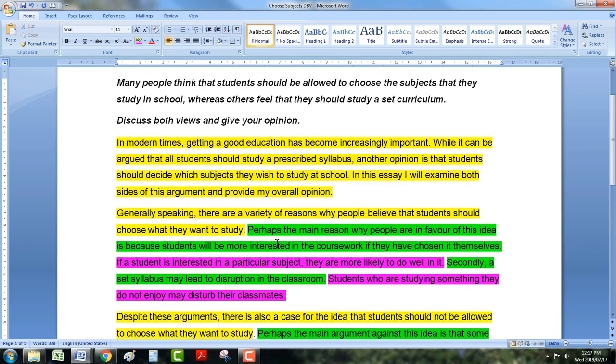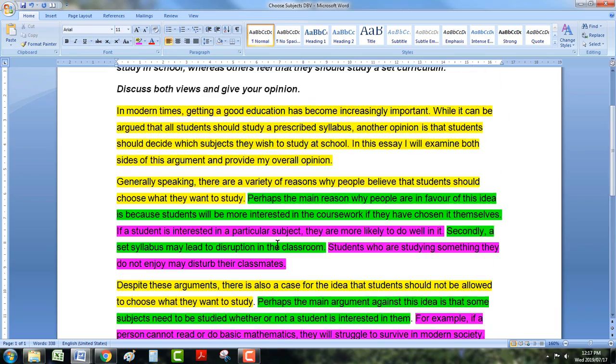So yes, look, I know that it's a lot of color, but the reason I'm doing it like this is because I want you to see that certain parts of the essay and certain sentences have certain functions. This is basically just big linking language over here, telling the examiner what you're going to be talking about in this paragraph. That's just your topic sentence. Here's where you give him your idea. Here's where you develop your idea.